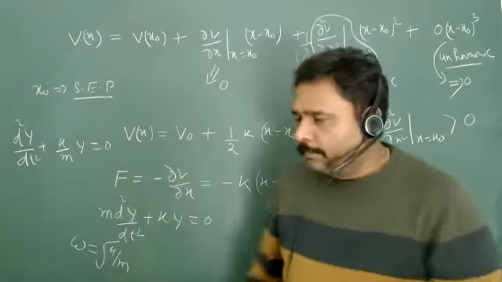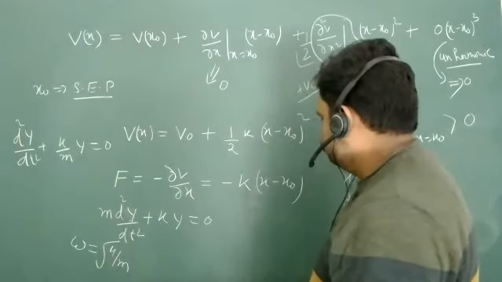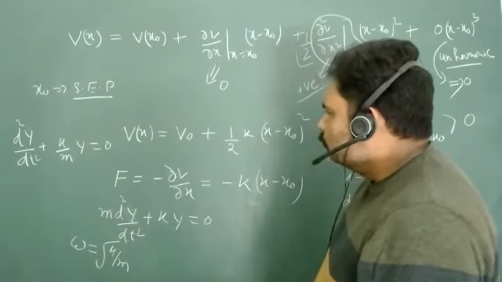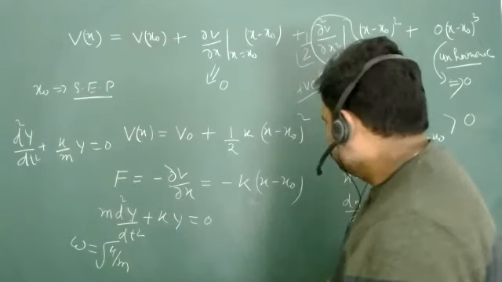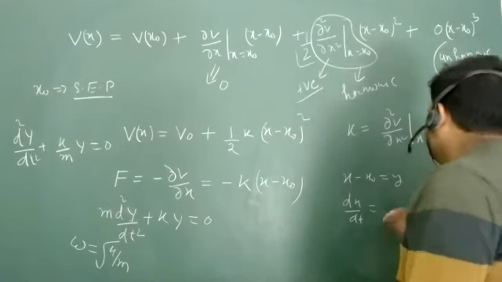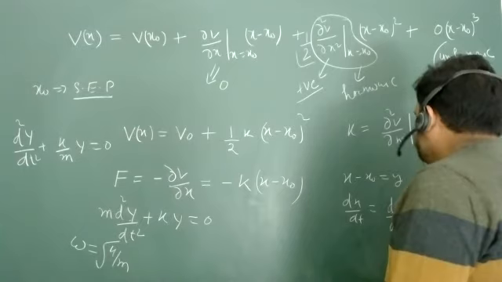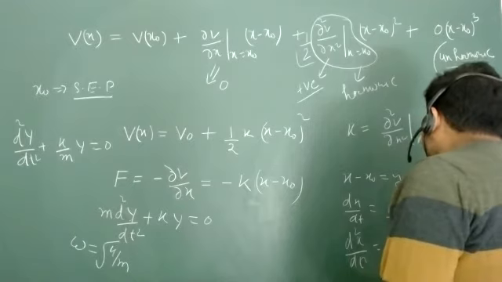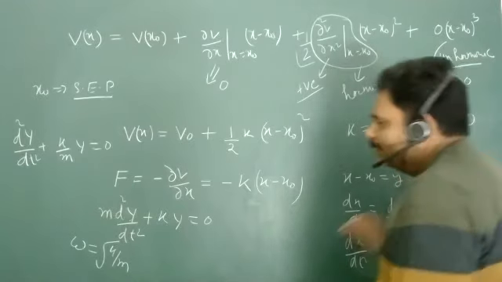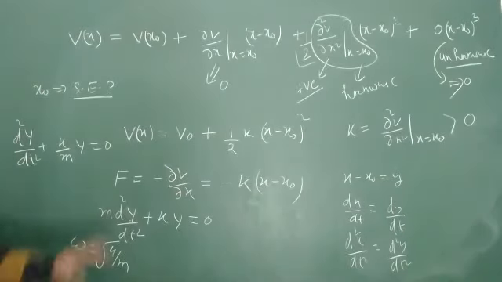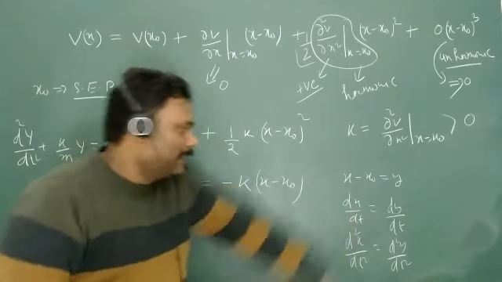Sir, we have taken y to be dx by dt. So for the formula of acceleration, it should be dy by dt. Obviously, yes, dy upon dt. I have done this thing here: d square x upon dt square is equal to d square y upon dt square. Thank you. Actually, I just focused on the second order differential equation. Yes, please correct it.